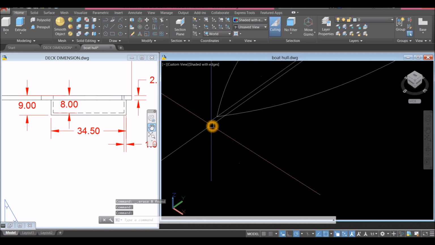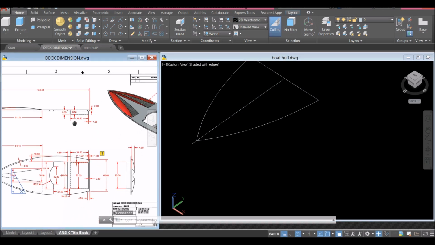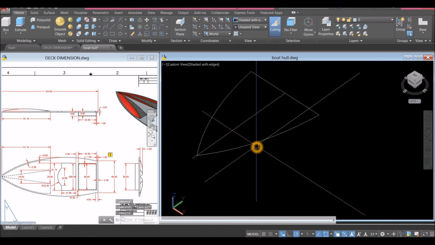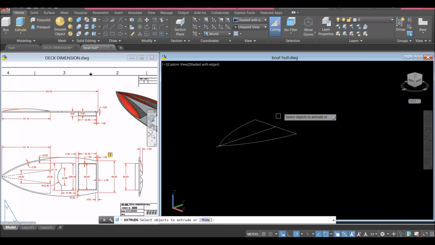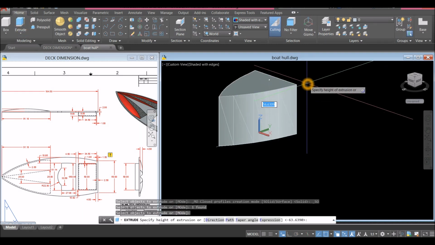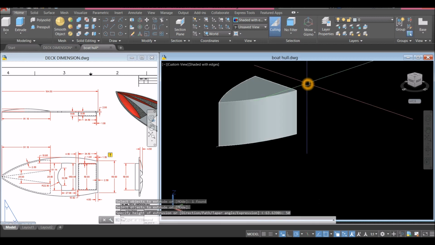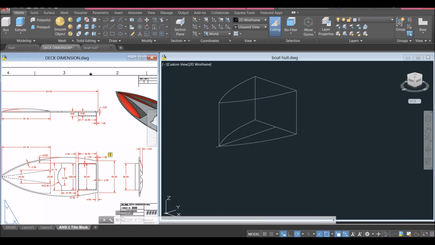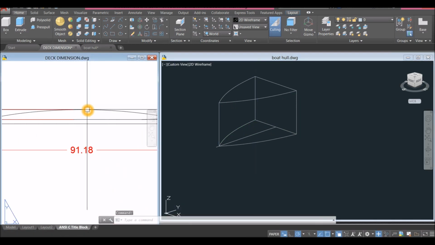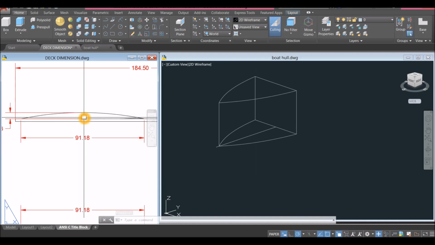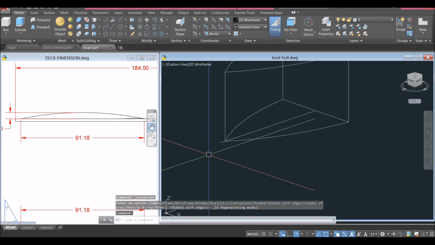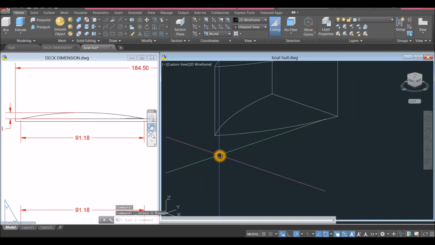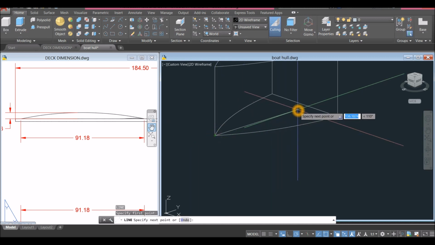And this one here, what I'm gonna do is extrude this one, extrude up to 50 units, and then I'm gonna change this to 2D wireframe, and I'm gonna create this one here, this arc and the line, and connect it with line. So I'm gonna bring this one, I'm gonna delete that. I need a line from end point to the midpoint here,